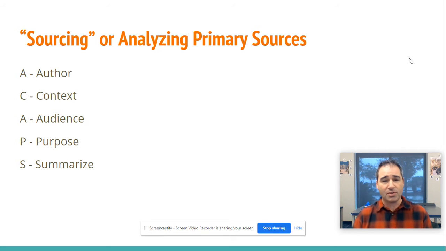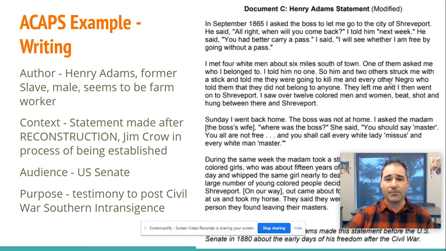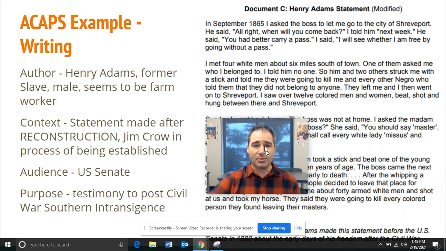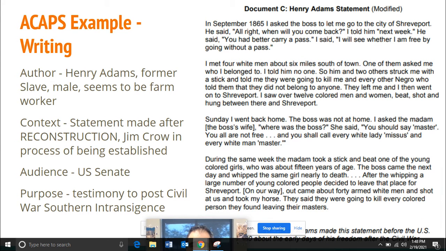Students understand this on a personal level, but oftentimes when students, and even some adults, look at a source from the past, they assume that it's being honest. They assume that it's how everybody felt about a topic. And that's just not the case. So let's take an example. Here is an example about the